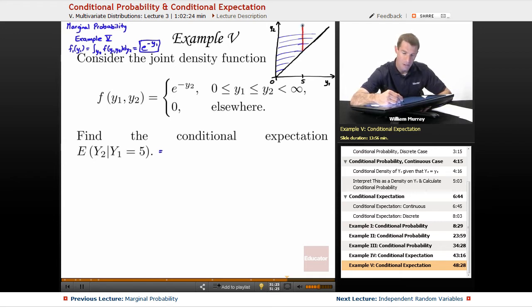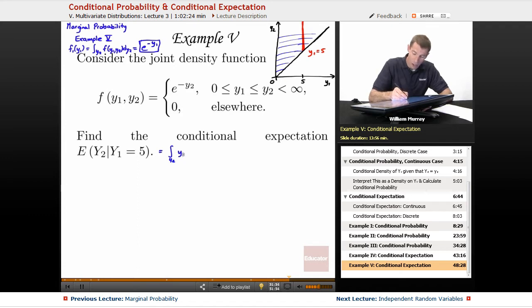So there is the line y1 is equal to 5, and that's the line that I'm looking at, and I want to figure out what the expected value of y2 will be if I know that I'm fixed on that red line. So I'm going to use the formula for conditional expectation. That is the integral on y2